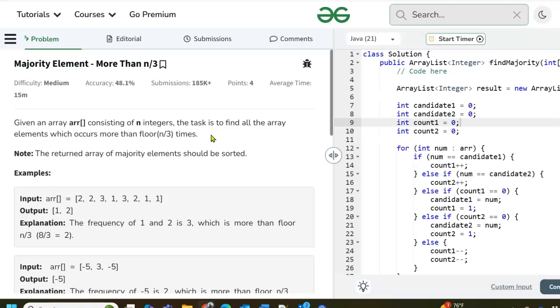So let's first observe that the most you can get here would be 2 elements, because you can't have 3 elements that occur more than n over 3 times. We're going to use something called Boyer-Moore voting algorithm. You can do the majority element problem with Boyer-Moore also, although there are other ways to do it. It's not the most common way of doing it, but for this one,